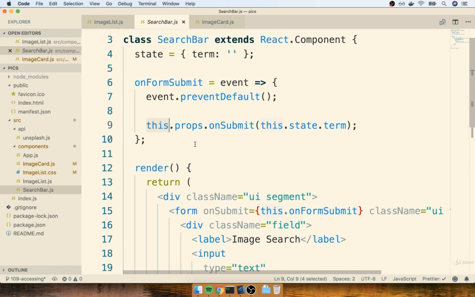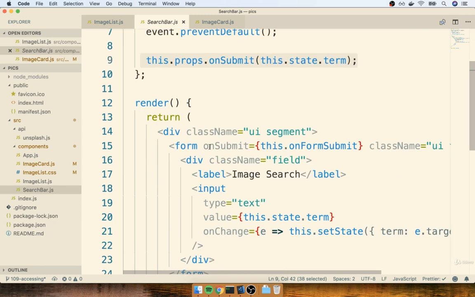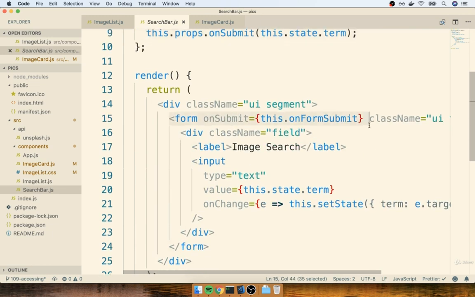The next thing that we covered with our search bar component was that with the prop system, we only communicate from a parent down to a child. That eventually ended up being an issue because we wanted to communicate this search term from the search bar up to the parent component, the app component in this case. So in order to communicate from a child to a parent, we pass a callback from the parent to the child, and then the child will call that callback. Identical system to what we are doing with these event handlers down here.